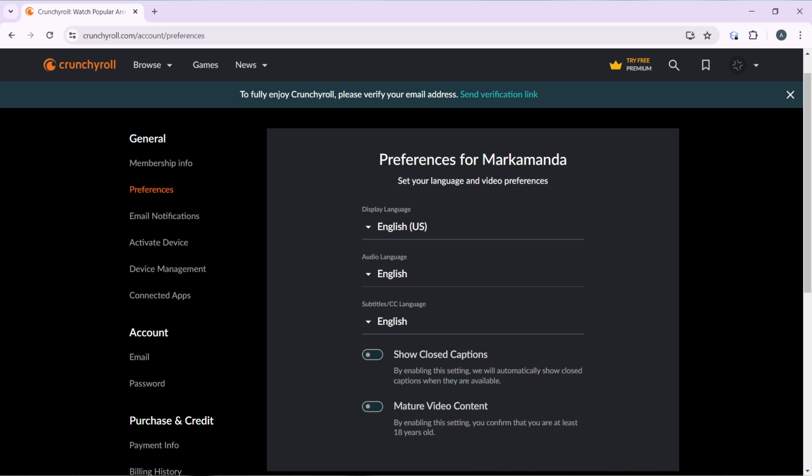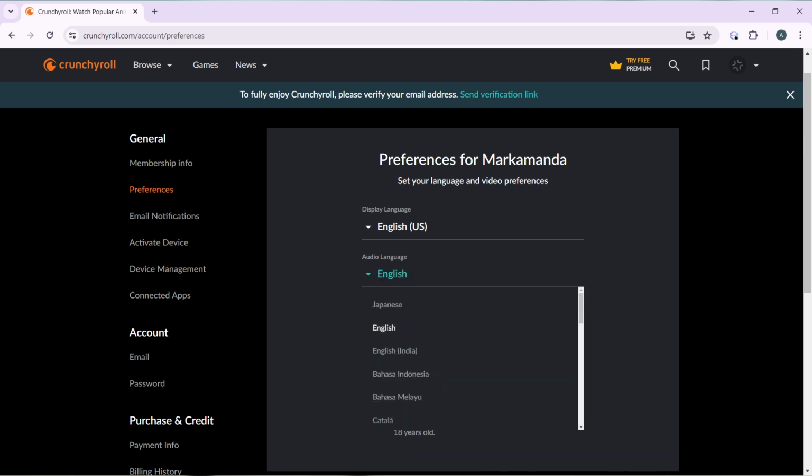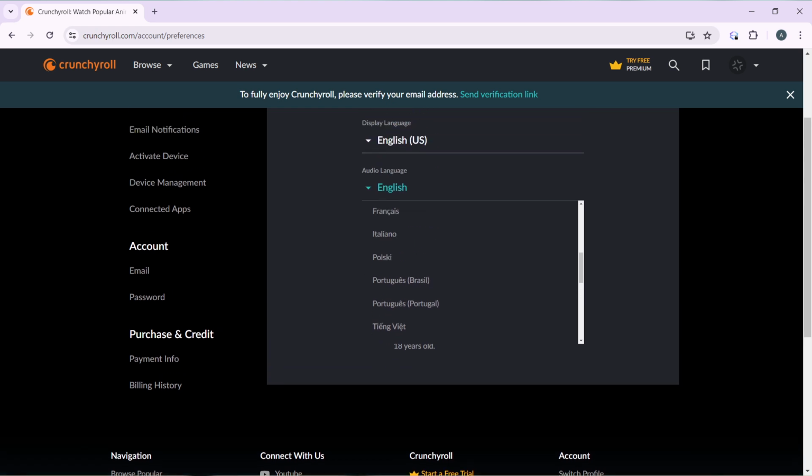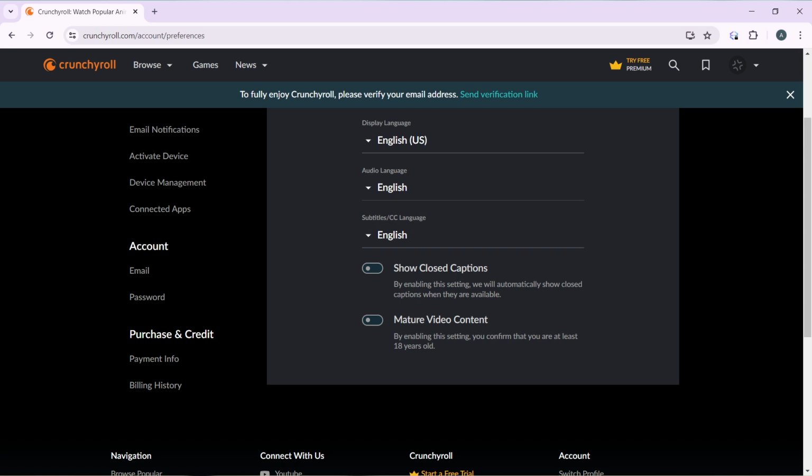So once you click on audio language, go ahead and select the drop down menu too and choose language from here. As you can see, you even have more options here, so you can just choose the language. So whenever you play a video, what you're going to hear as an audio is in the language that you